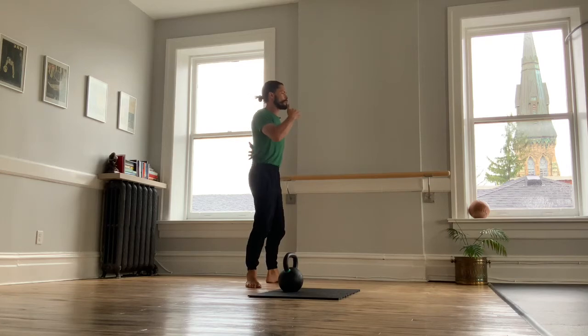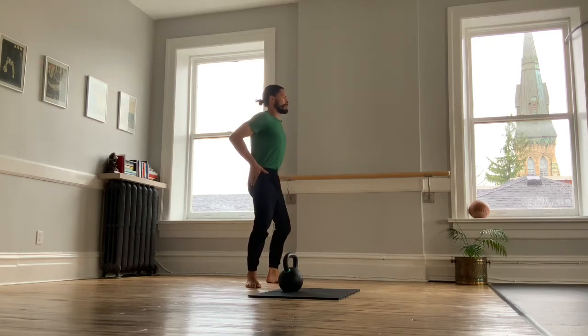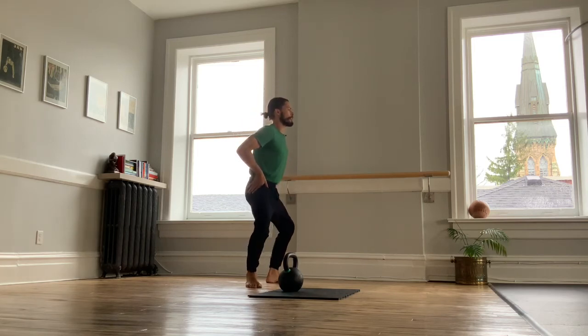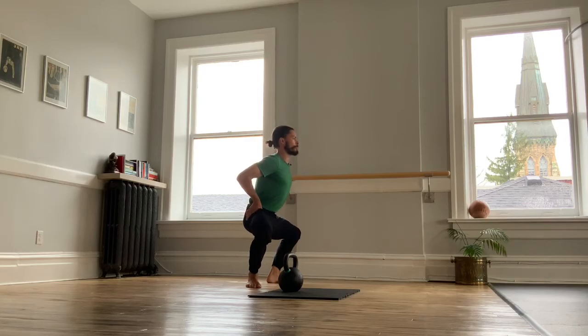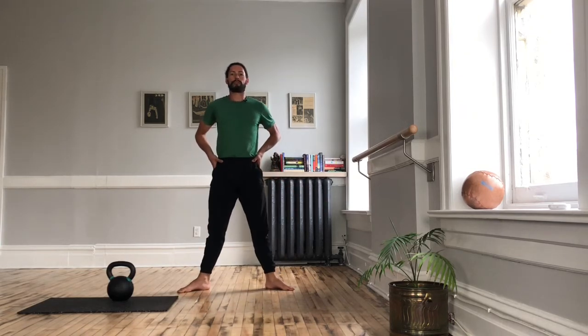We're between 2 panes of glass, or we're a piece of toast here. Don't get burned. We're staying up and down. For 3 more, we'll pull those heels together, descend into the squat plie, press away. Pull those heels together, encourage sending those knees out, press away to stand up, and for the final one, pull